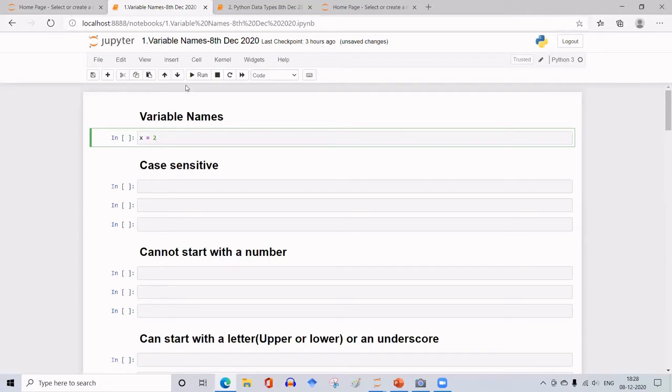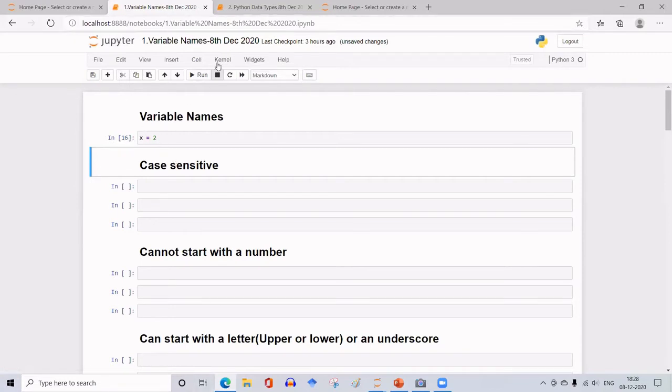Similarly, whether this is a valid one or not, you can check by running this cell. Either press this run button here, or press shift and enter simultaneously, shift enter. Let me use this button now. This indicates that I have already used this notebook a sufficient number of times, and this is the 16th operation performed.